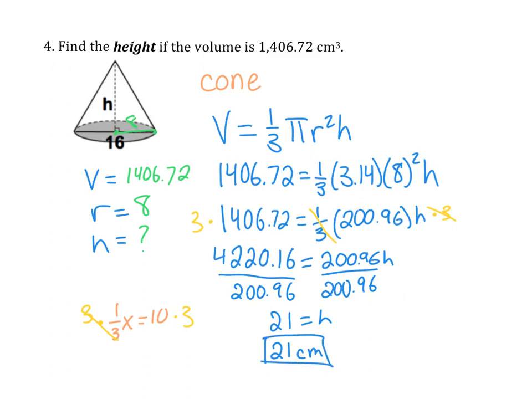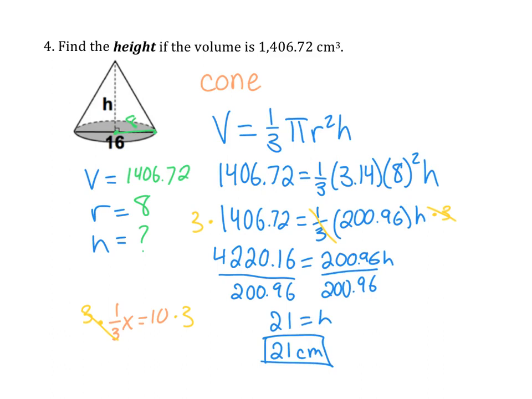Basically, what I did was I wrote the formula for the volume of a cone, I filled in the values that I knew, and then in order to solve, I multiplied both sides by 3 so that I could clear the 1/3. Then instead of dividing separately by 3.14 and by 64, which I could have done, I multiplied those together first and divided. If I wanted to check my answer, I could plug in 21 for the height and use a radius of 8 and solve for the volume, and I would find that my volume is